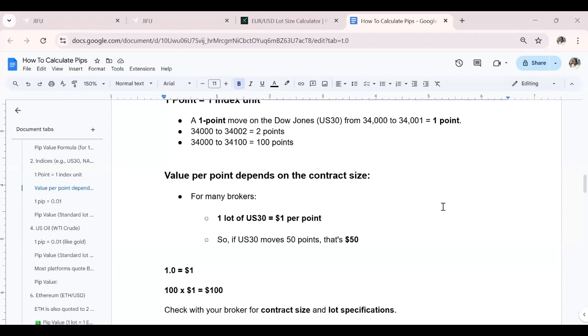So we're saying that this index, we calculated that if an index actually moved 100 points and you're trading it with a standard lot size, then you stand to make $100 for that 100 points. And that's why a lot of times when you see on live trading sessions, people that trade index,